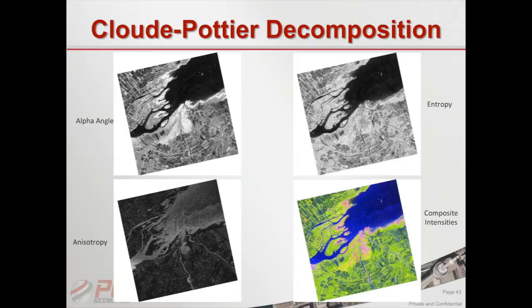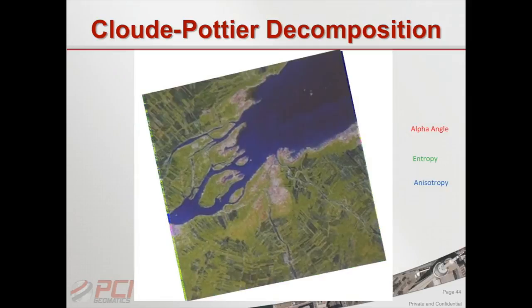So here again, we have the alpha angle, black and white, entropy, which is randomness, and anisotropy. And as you'd expect, the water here shows up much brighter than the land, and that's exactly what you'd expect. It hits the water, it has a very preferred scattering direction, which is often the same direction as the radar's transmitting. From the land, it's not too much preferred, and again, when you put them all together, you come up with this sort of full color